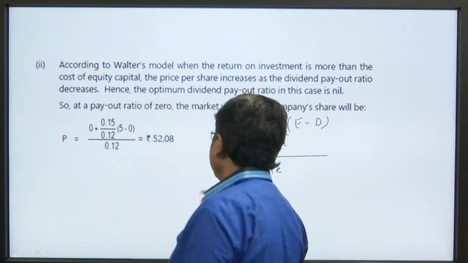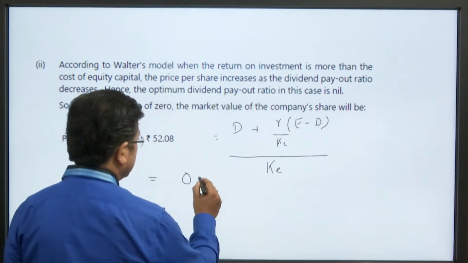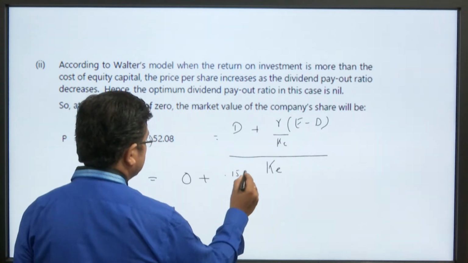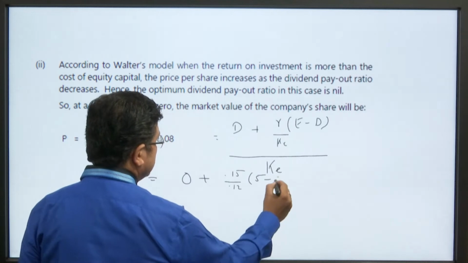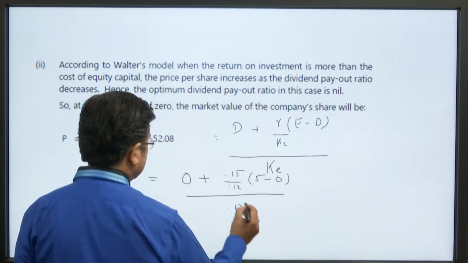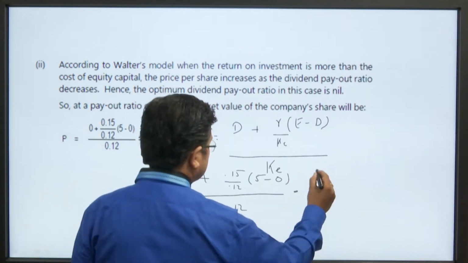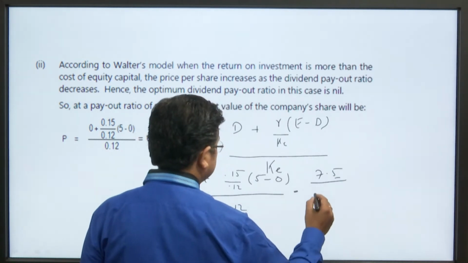So, when the dividend payout ratio is 0 and R is 0.15 divided by 1.2, 5 is earning, dividend is 0, 7.5 divided by